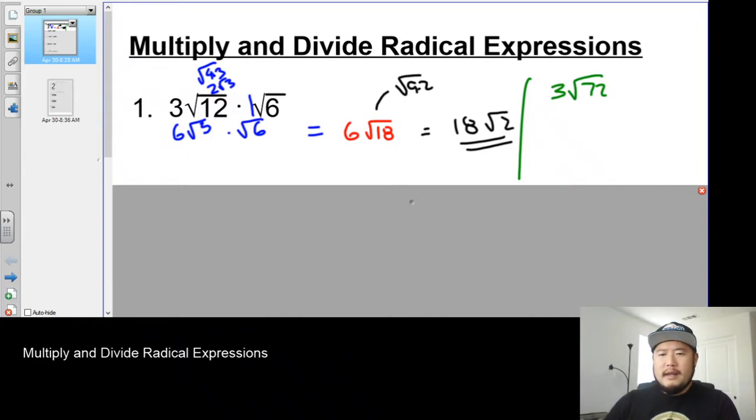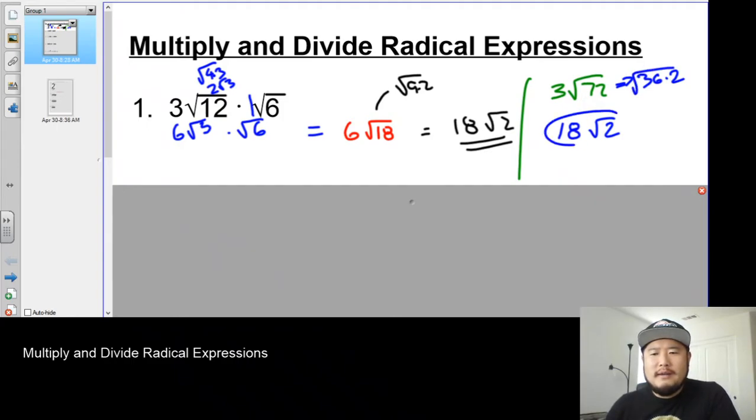If not, you got to go through the process of saying, all right, well, what are some perfect square factors of 72? I mentioned 9 and 8, which works, but you're going to have to reduce it again. So what else is there? How about 36 times 2? So the square root of 36 is 6. That 6 we multiply with the 3, and that's where we get the 18 times 2 right there. And we get it again. Okay? So either way you do it